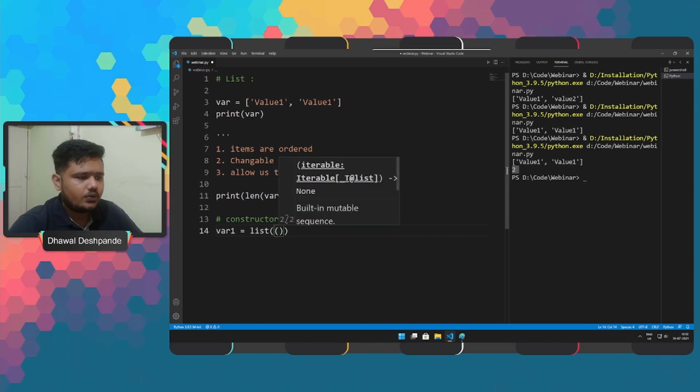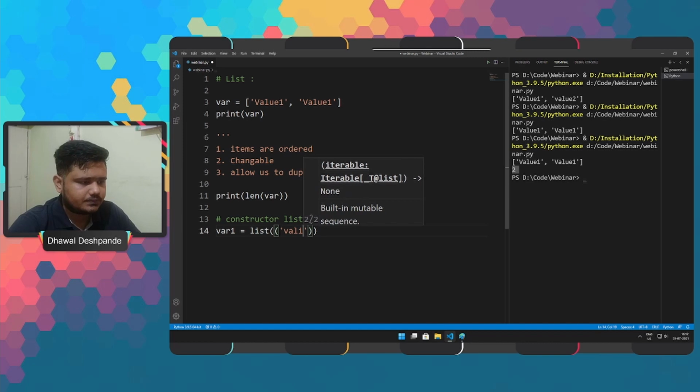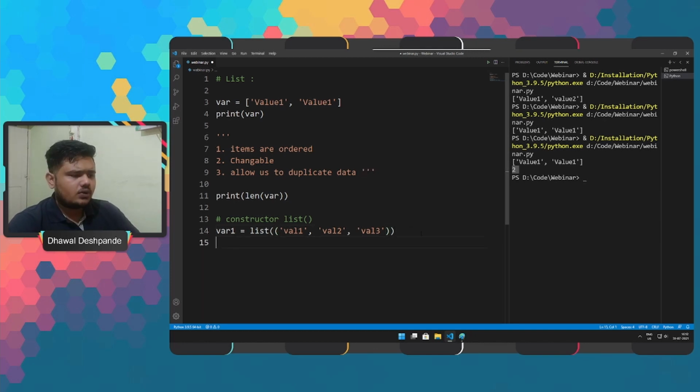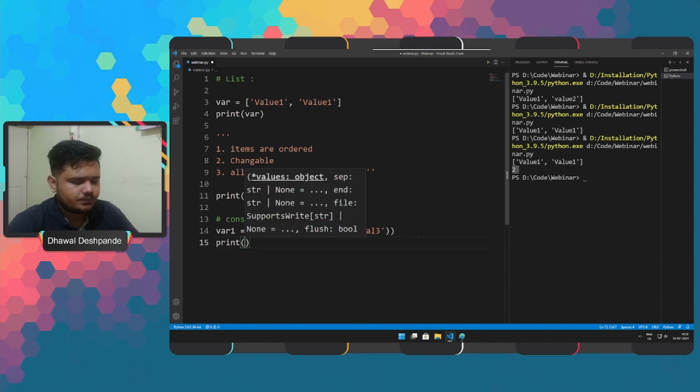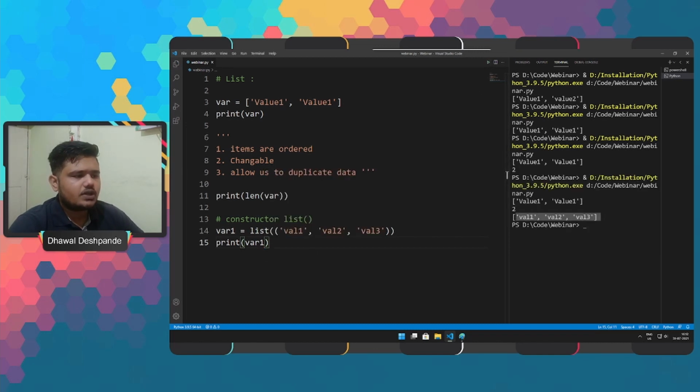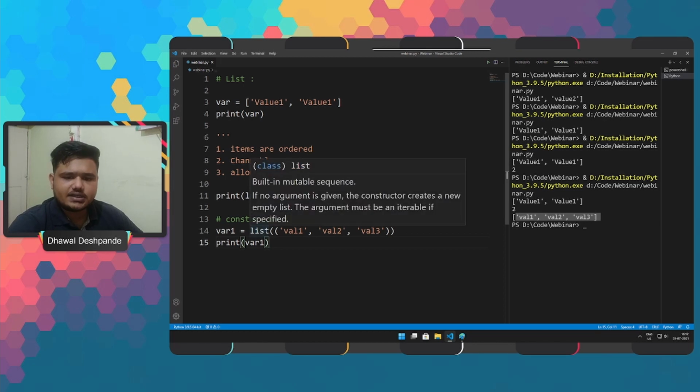Inside list, we will provide the values. And when we quickly go ahead and print to check our new list, which is var1, we can see that we get a new list using the list constructor.